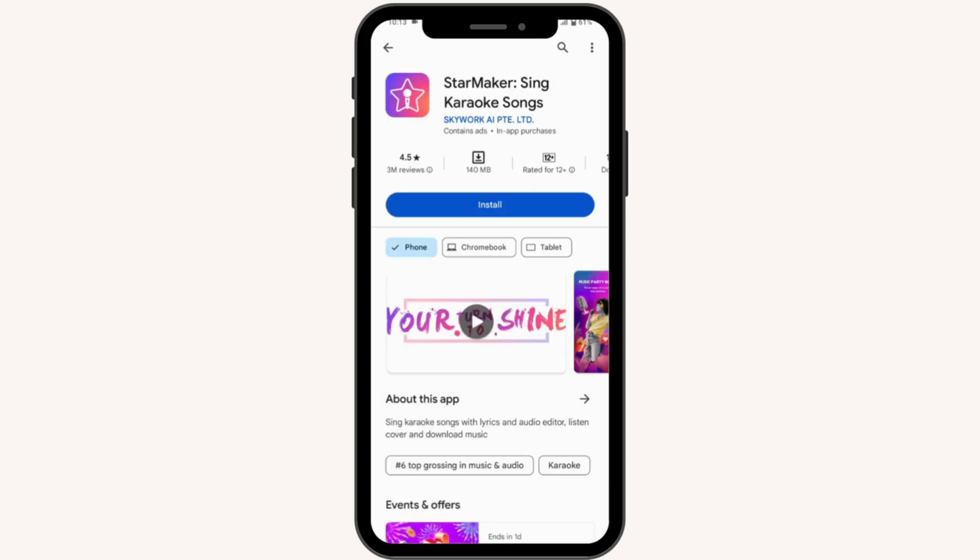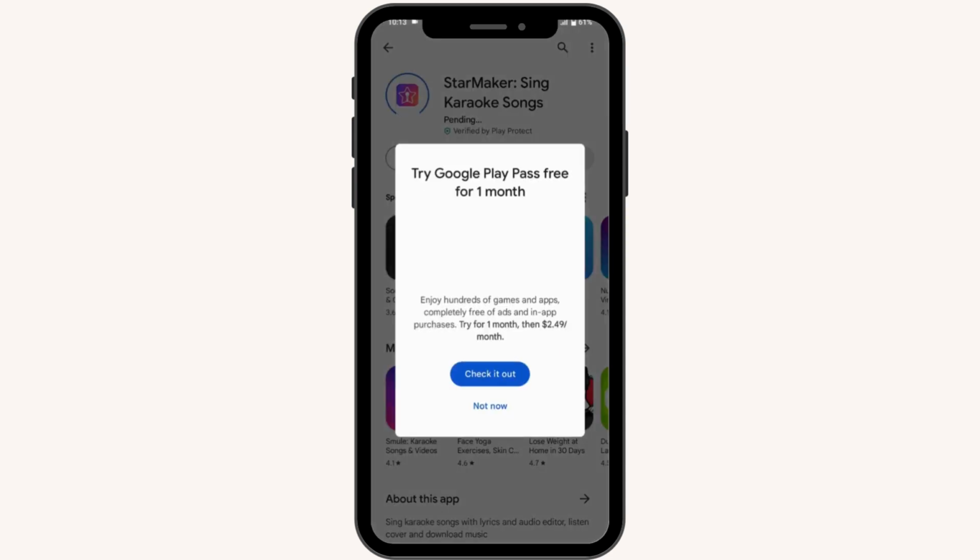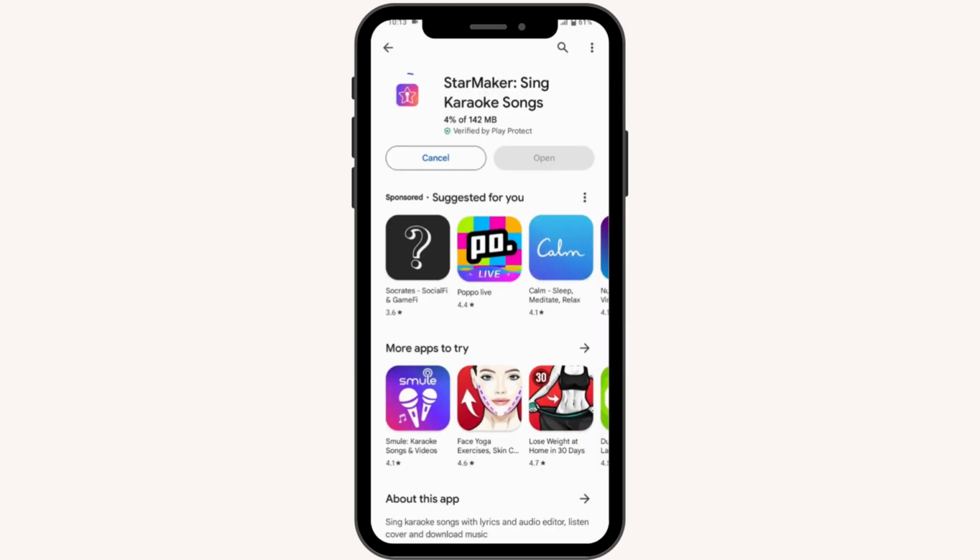Tap on that, and then if you want to install this application, you can simply tap on install, and after tapping on install, it will start installing or downloading. You can tap on not now, and it might take some time depending on your data or your Wi-Fi connection